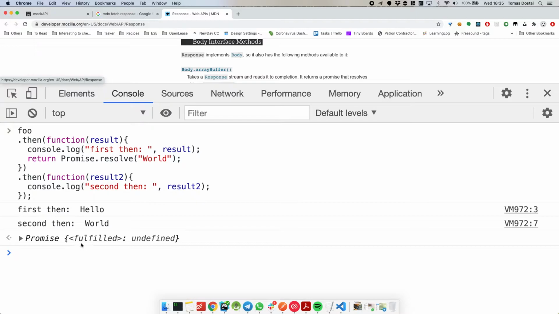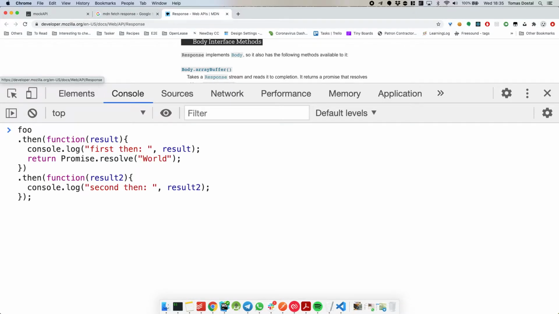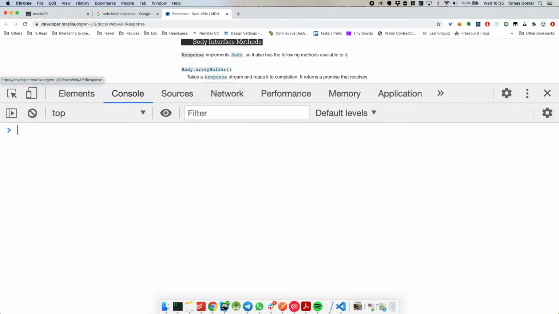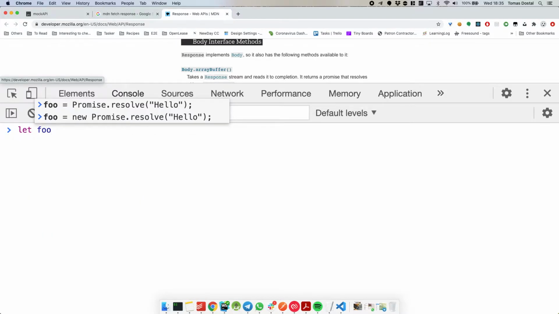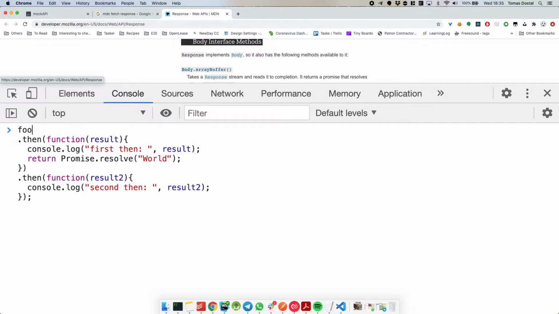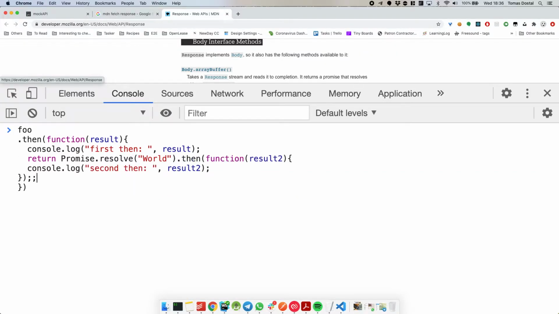So if I show you now, let's do a new promise. Funny, because the syntax is a bit confusing. When you look at it, you would think that the second promise, as it's not indented, is at the same level as the first one. So that was my confusion at first. And this is exactly right. This is just the feature of promises. That's just how it populates through the chain. I could take this and put it in here, and it's exactly the same thing.